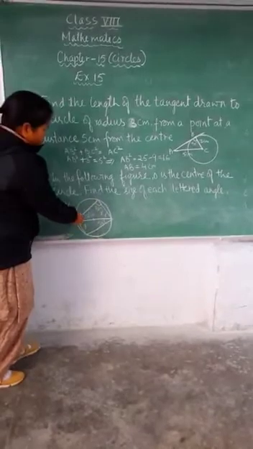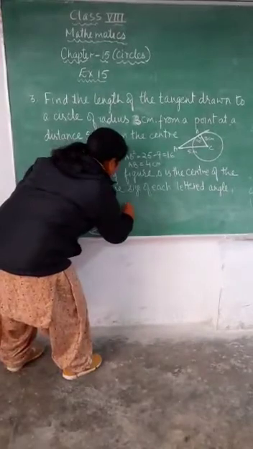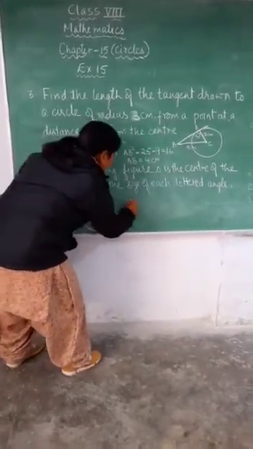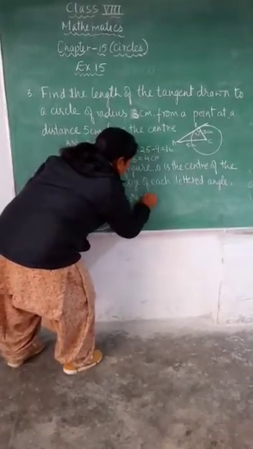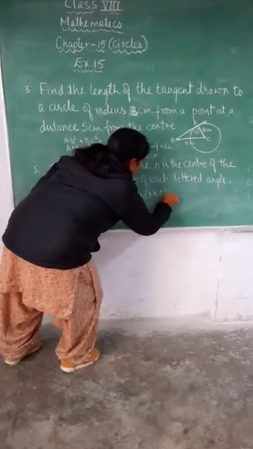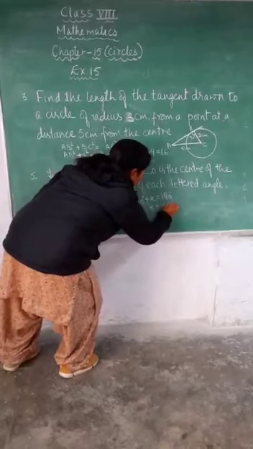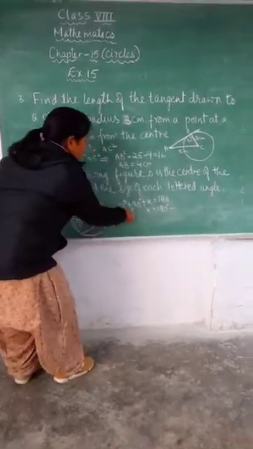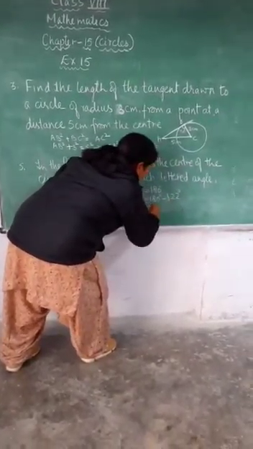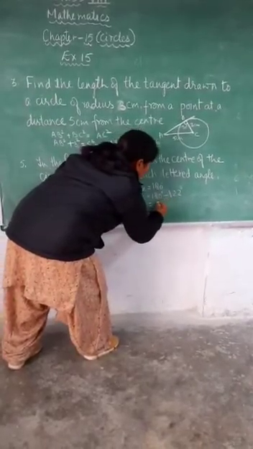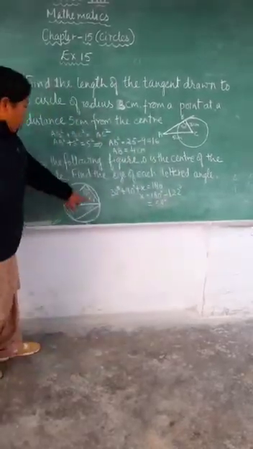And we also know that the sum of all three angles of a triangle is equal to 180 degrees. So, to find out the value of x, we will write down 32 degrees plus 90 degrees plus x equals 180 degrees. So, the value of x will be equal to 180 minus the sum of 32 and 90, which is 122 degrees. And 180 minus 122 is equal to 58 degrees. So the value of x is 58.